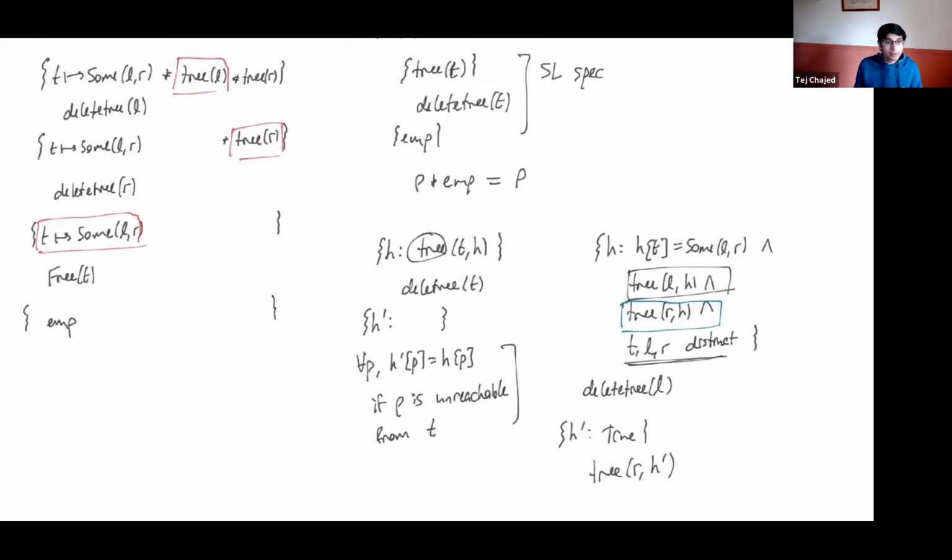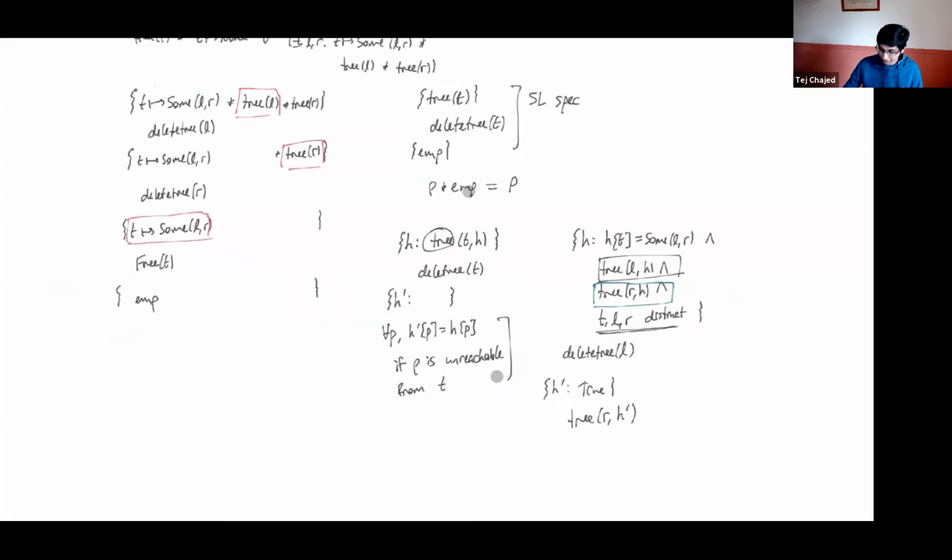But these small examples help you get a handle on what is going on in separation logic, and what these predicates mean. What does this star thing mean? And separately, I should say. Okay, so